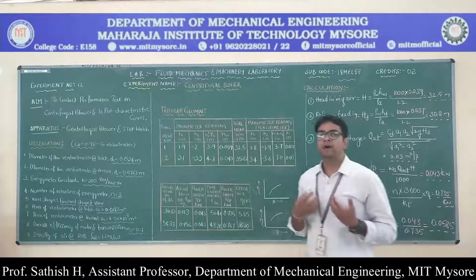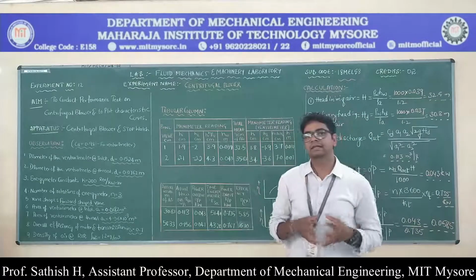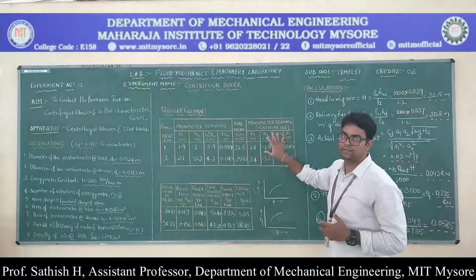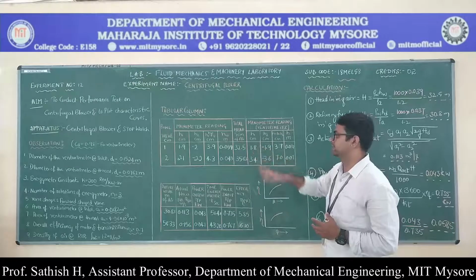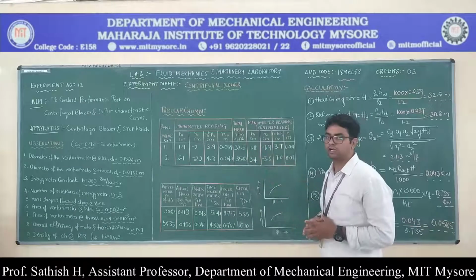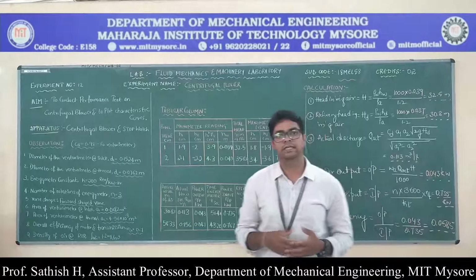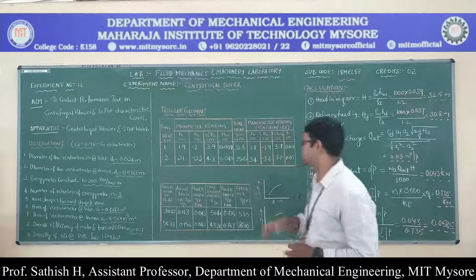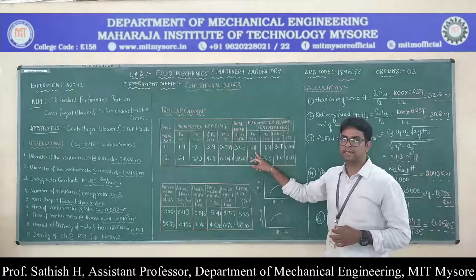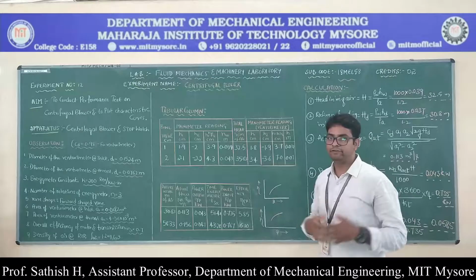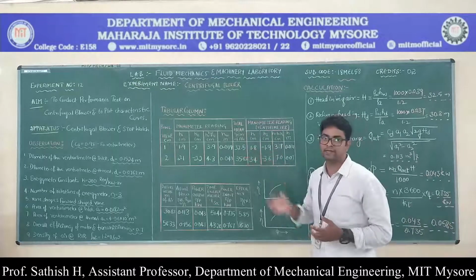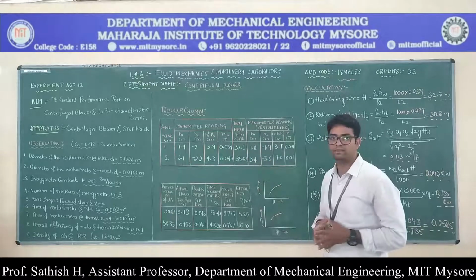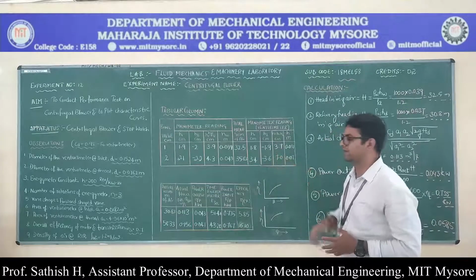Then we have one more manometer which is connected across the venturimeter. So these readings relate to the venturimeter. Here H1 is in centimeters, H2 is also in centimeters. H1 and H2 are the levels of water inside this U-tube manometer, so they are measured in centimeters. H1 is 1.8 and H2 is minus 1.9. If you take the difference, 1.8 minus of minus 1.9, you end up adding these two numbers, that is 1.8 plus 1.9, you will get 3.7 centimeters.